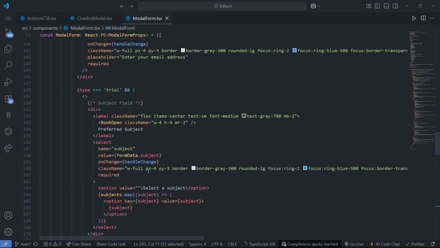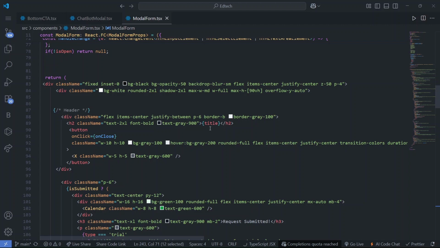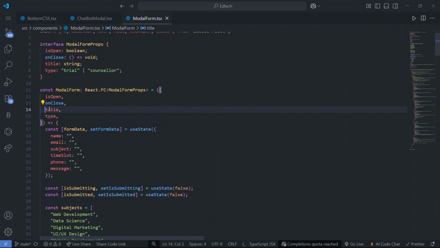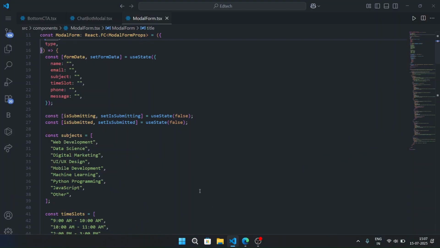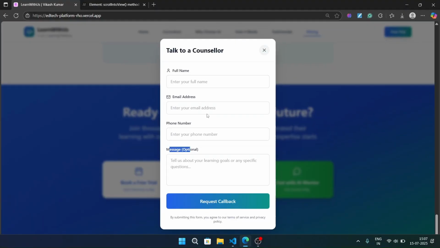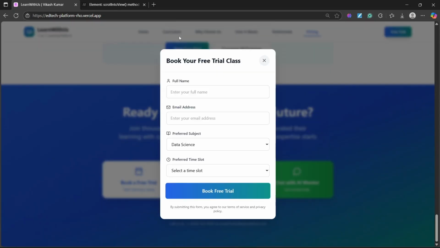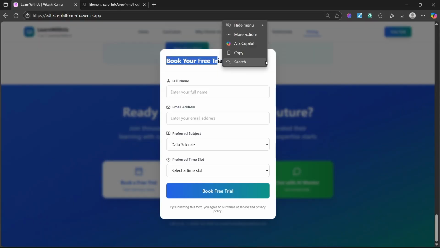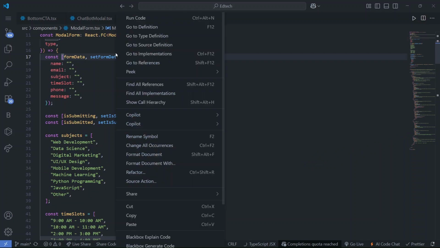So here above we have seen the title, so this title is coming from here, and how we are going to change that title, we will see. Here we have talked to counselor, we have changed, like here in the button we have changed, but here we have not written how we are going to change. So we'll close this,